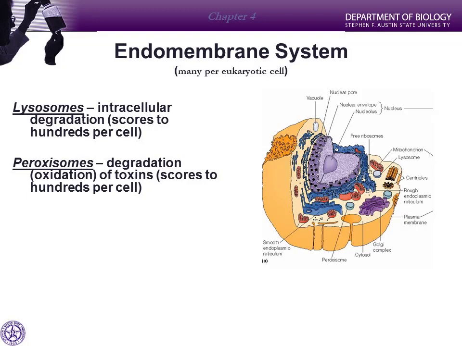Now we're also going to have some that are called peroxisomes. And these peroxisomes are going to be filled with, among other things, peroxide ions. And these again are going to help to detoxify certain things in the body. But we're also going to see that some of our white blood cells make what are called superoxide ions, and it's almost like hand grenades that they launch outside the cell to destroy pathogens or to destroy infected cells.